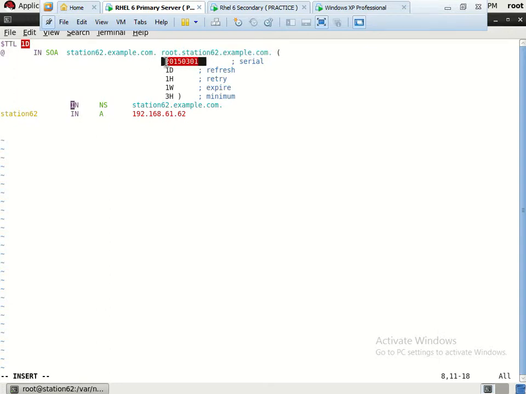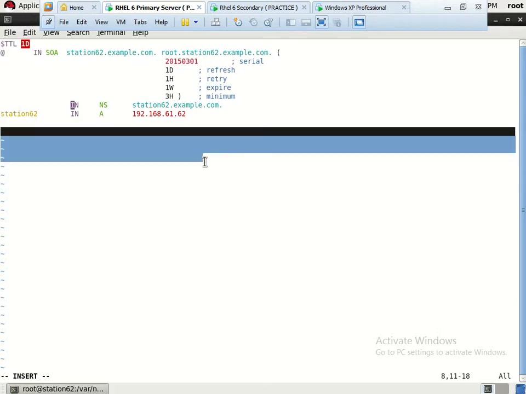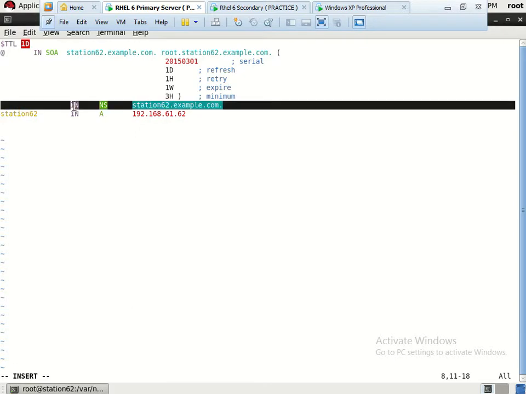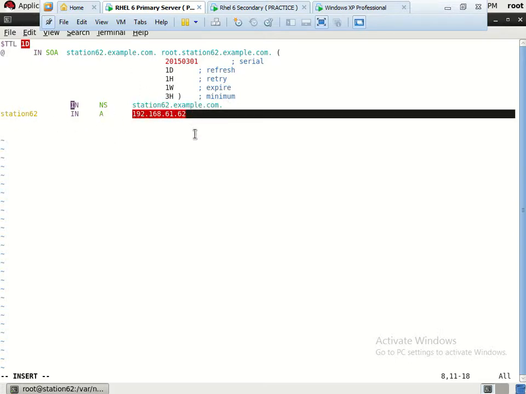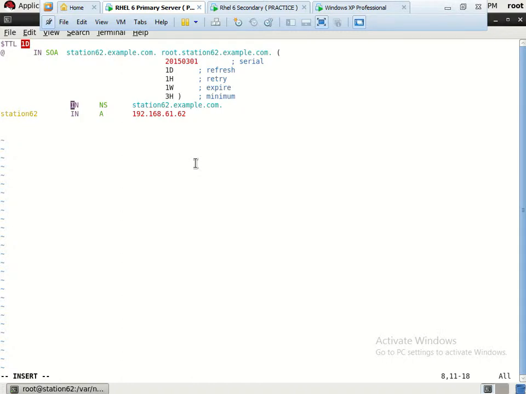This is the serial number which has to be updated every time you make any change to this file. This is the internet record. The name server is station62, meaning the host name of the primary server, and this is the IP address of the primary server. Now everything is okay here, I think.